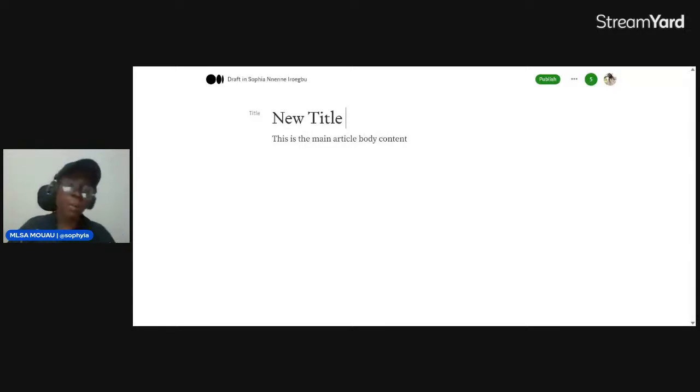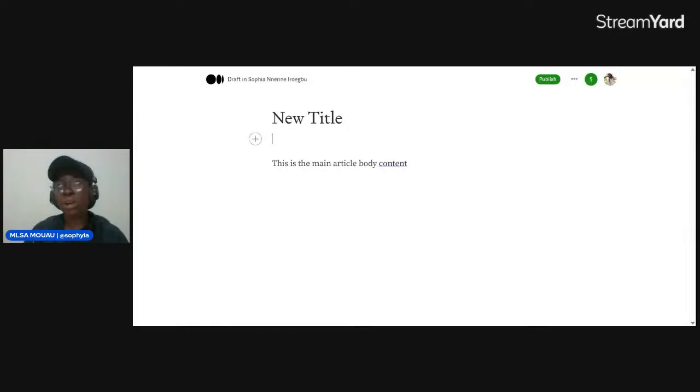Now you can decide to add an image, like a blog cover image, here by clicking the image icon to upload from your laptop, or you can add an image from Unsplash, or you can add a video, or add an embedded text.